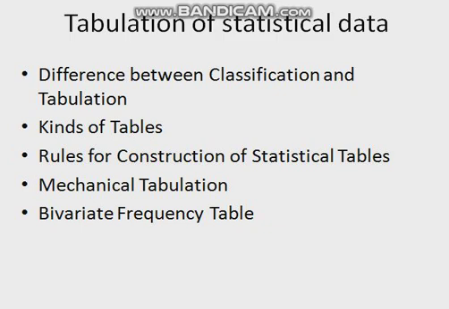There are tables on different bases and they can be classified as under. Number 1, on the basis of purpose. There are two types of tables: general purpose tables and special purpose tables. A general purpose table is also known as a reference table. According to Croxton and Cowden, the primary and usually sole purpose of a reference table is to present the data in such a manner that individual items may be found readily by a reader. It is a comprehensive table which is usually annexed with the report. Census of Population reports and other government publications generally use such types of tables quite often.